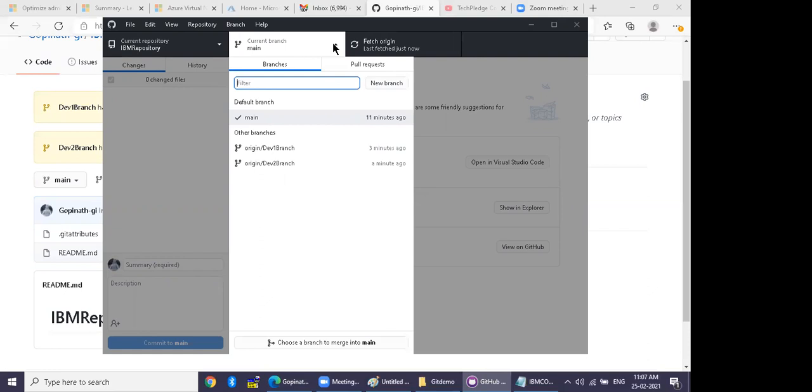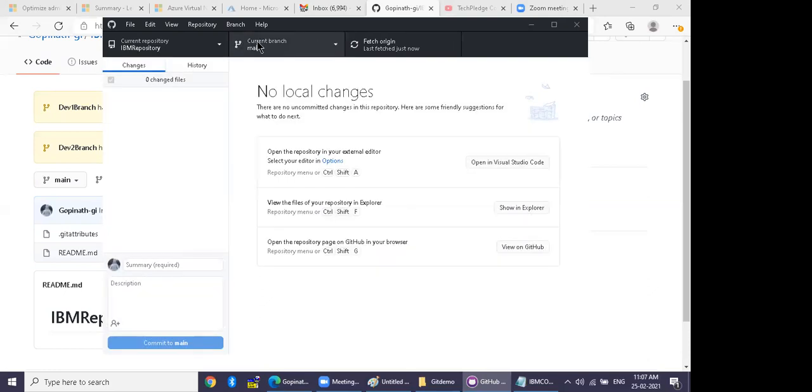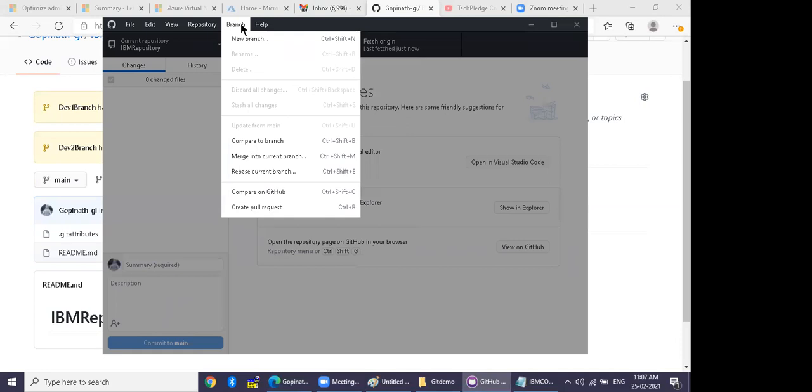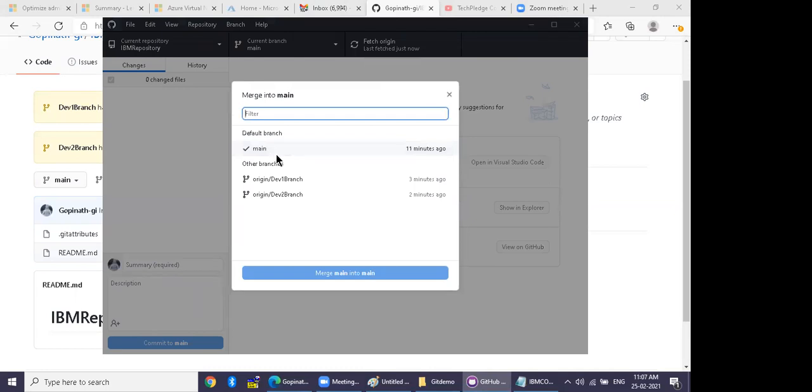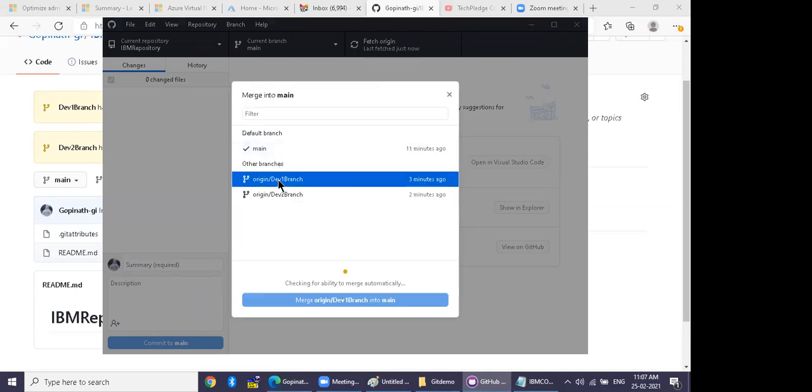Now you go to the branch menu, and you have an option called merge into current branch. Click that. So just select dev 1. Now you are merging dev 1 into main.